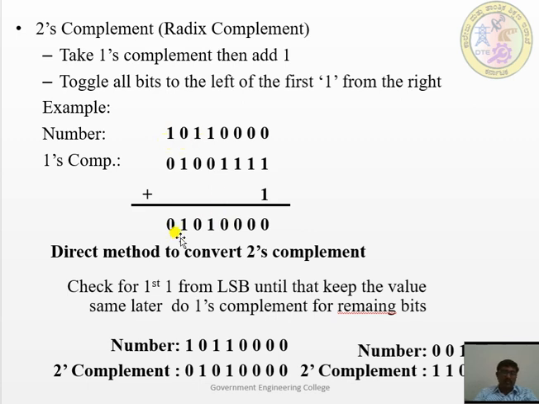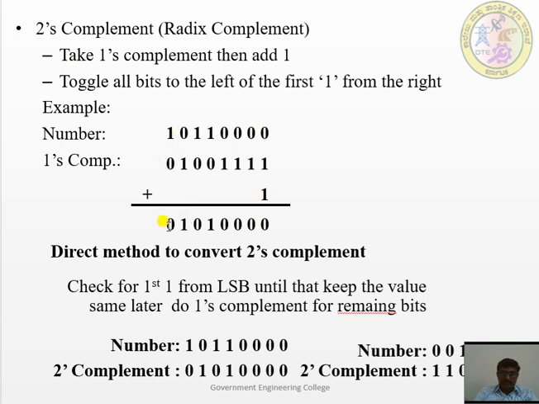Okay, whether the 2's complement you have done is right or wrong can be checked with the previous procedure. The first 4 zeros should be kept as zeros only, because we are cross checking for the first nonzero digit, and that digit should be subtracted by 2 and the remaining digits should be subtracted by 1. So we are doing a 2's complement. See, the 4 zeros are there, so they are kept the same. Next, 2 minus 1 is 1, and the remaining bits are subtracted by 1, that is 1 minus 1 is 0, 1 minus 0 is 1, 1 minus 1 is 0.